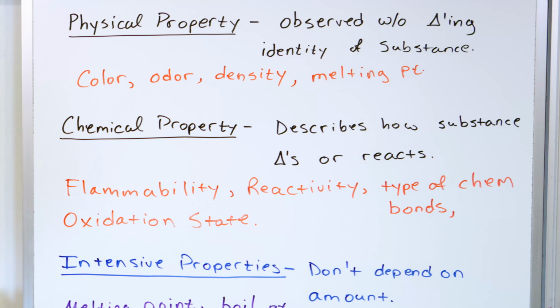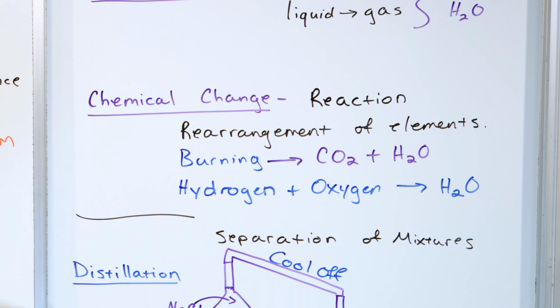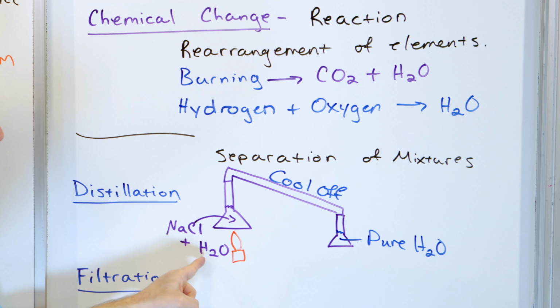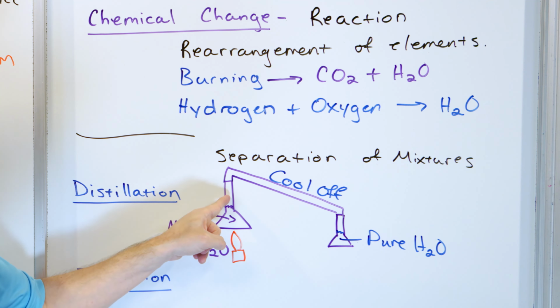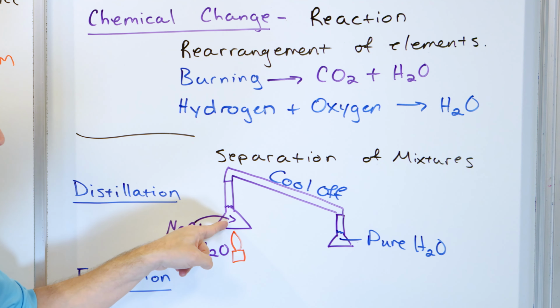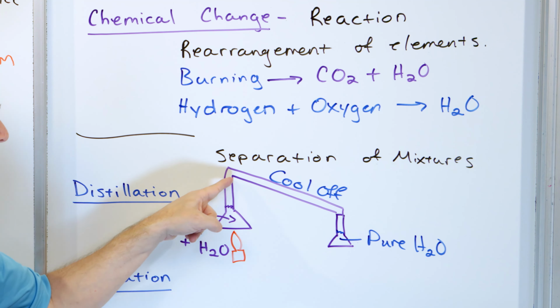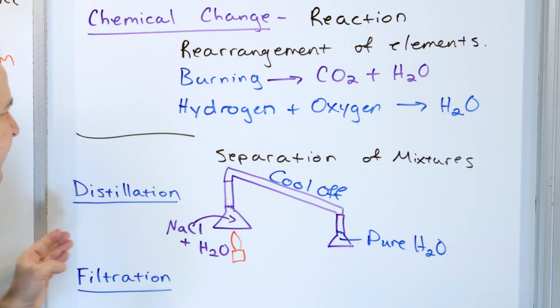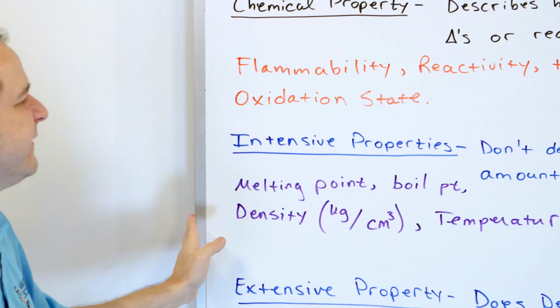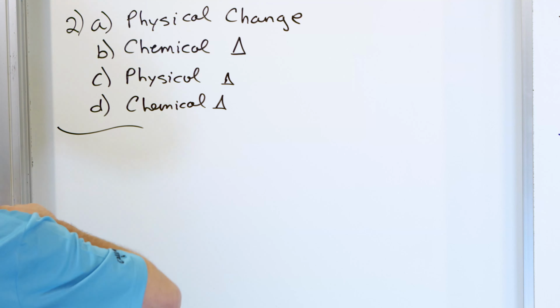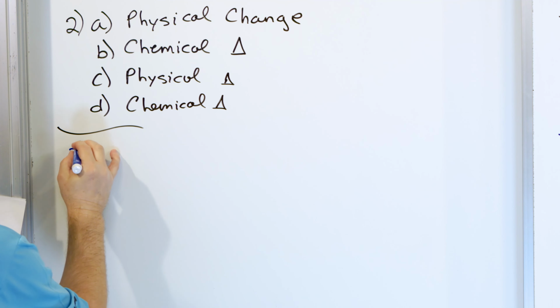We already said that when you distill something, you have, in this case I use salt in water, you heat it up, the water then goes out of solution, leaving the solution behind and the salt behind, then it cools down and it drips purely into another flask. So in this case it was sugar water. How would you reclaim that or purify that? You would use distillation.